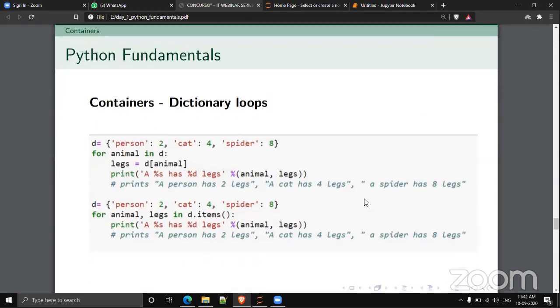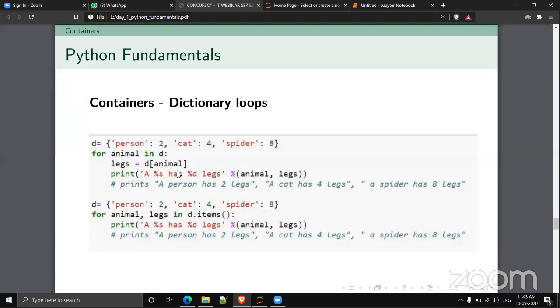And how to iterate over a dictionary. Similar to the list, if you simply iterate over a dictionary, for animal in D, you will only get the key in the iteration variable. So you will get person as animal, cat as animal, spider as animal. If you need to access the value, you have to access it like D of animal.